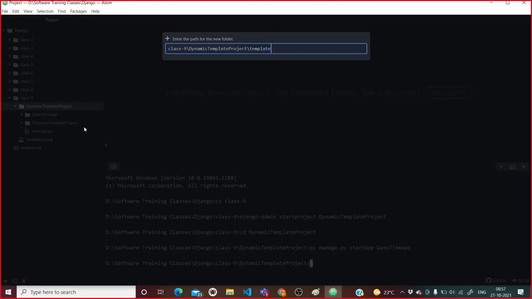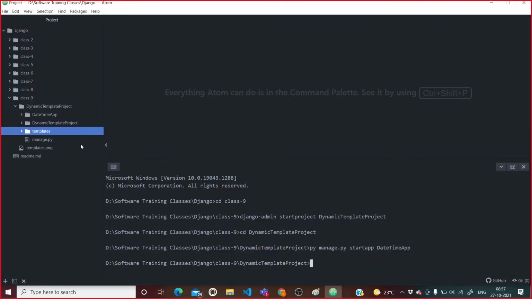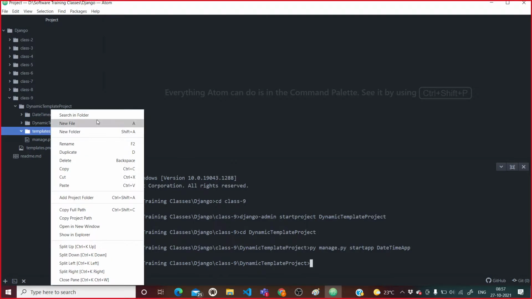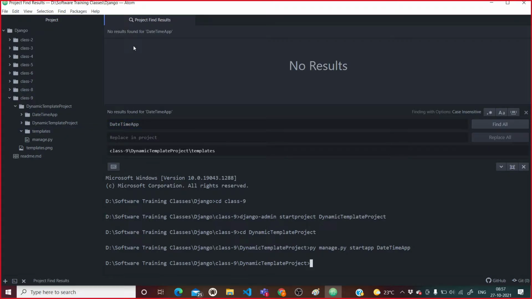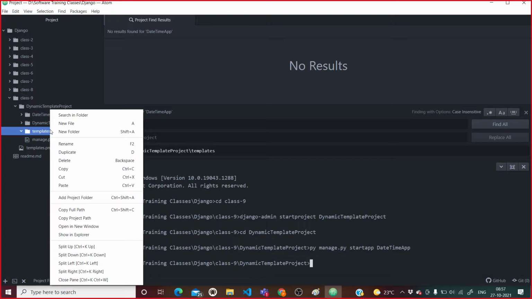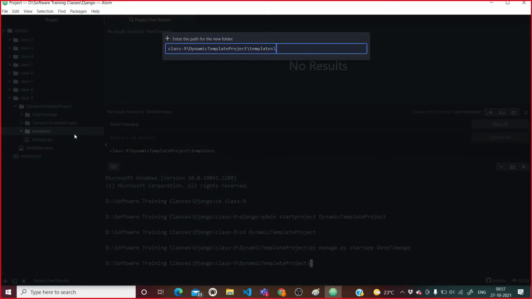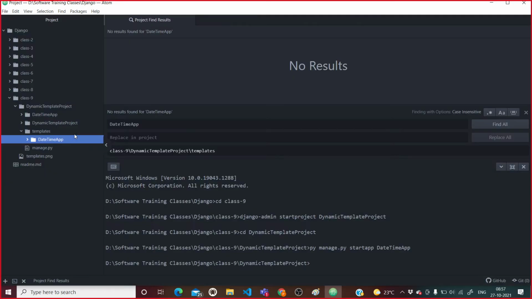Inside these templates, I want to create a new folder called datetimeapp.